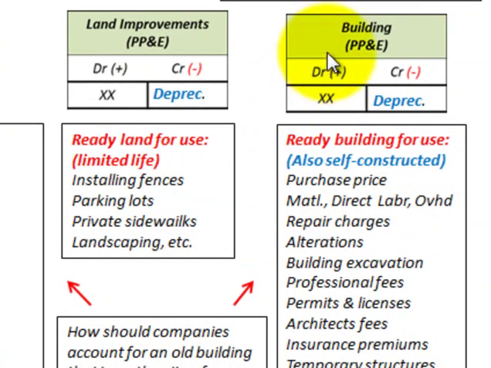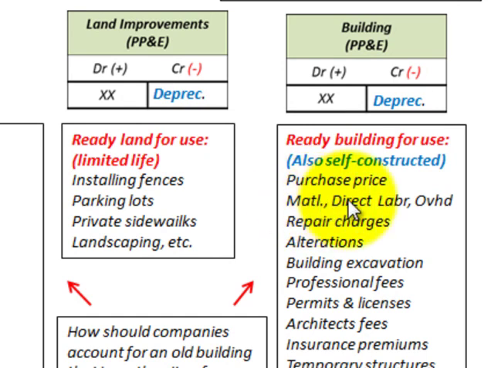And now let's look at our building account. What would be included in the building? That's what is constructed on top of the land, and getting the building ready for use, which could also be self-constructed buildings. You would take the purchase price if it's purchased, and if it's built by yourself,